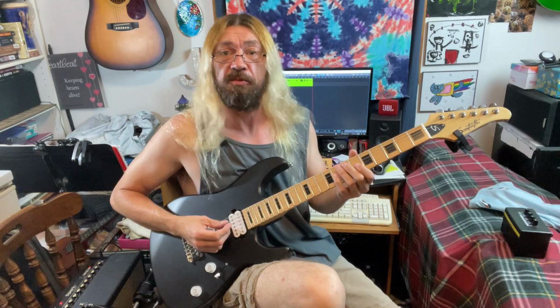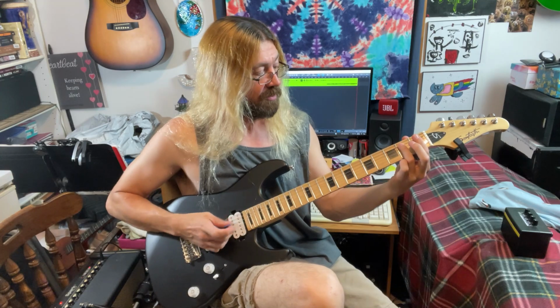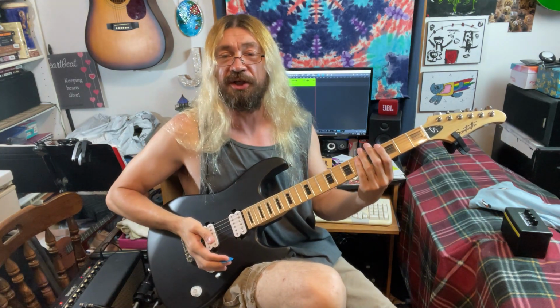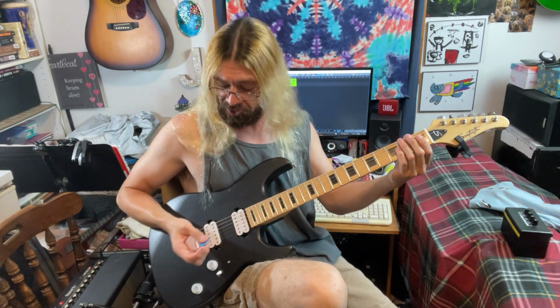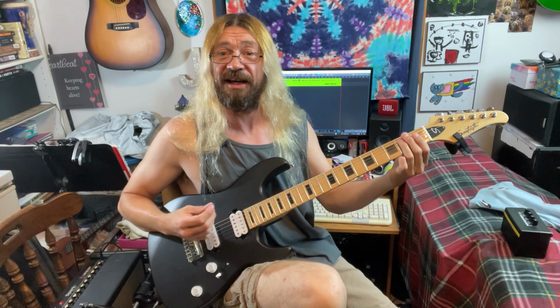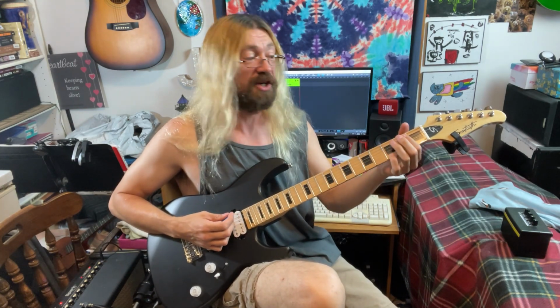The next thing, let's do some string muting, because everybody knows it. The basic metal stuff. You take the meat of your hand, right along here, and put it right on the strings right by the bridge, right next to it. And depending on where you put it, you get more or less mute. You move back a bit, you get more string, you move it up, it mutes it more. But you basically just rest the palm of your hand right there, and then lift it every time you want it to ring out. Works pretty good, right? I like little licks like...